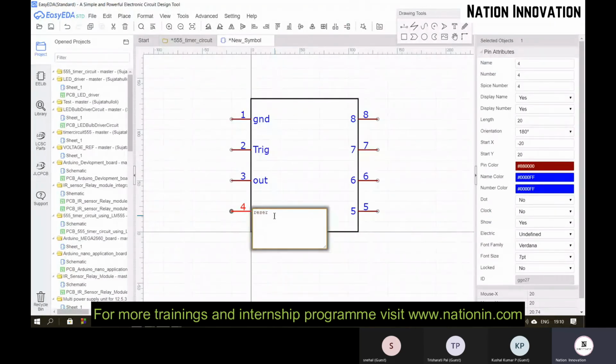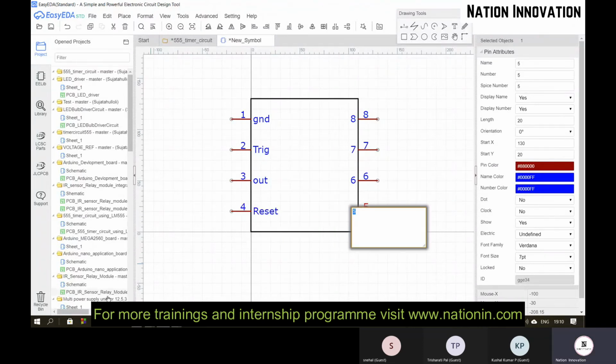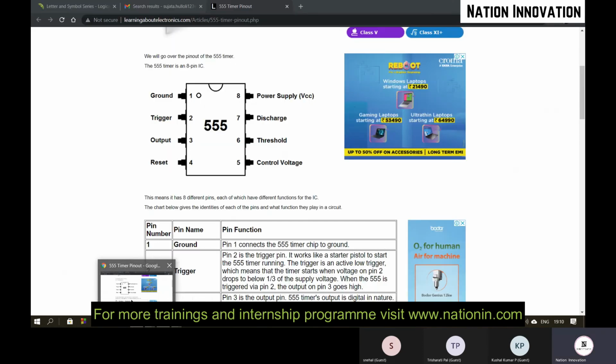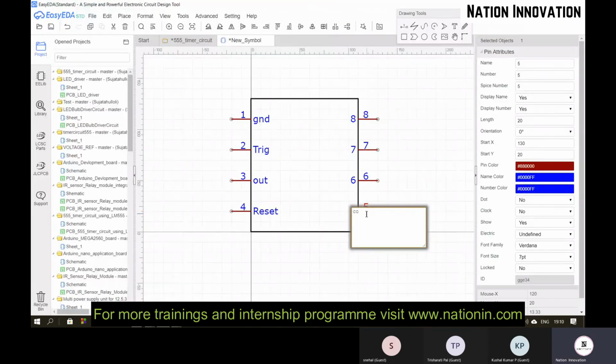This is the reset pin. And fifth is the control voltage. I will just name it as CONT, making the first letter capital.